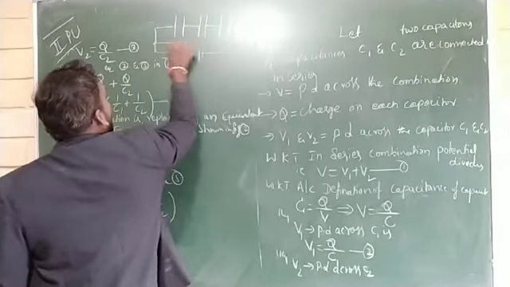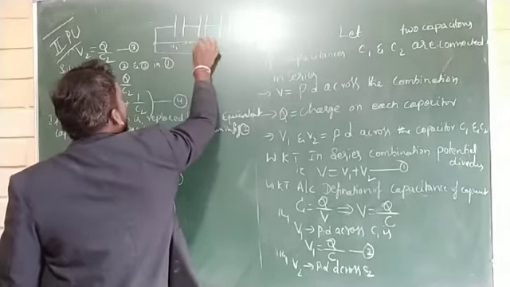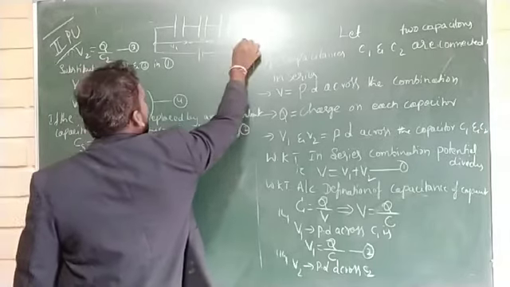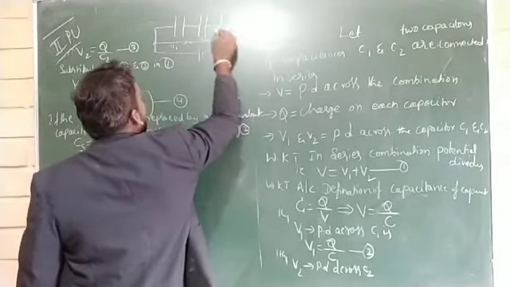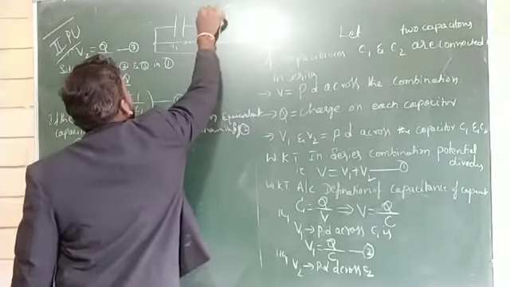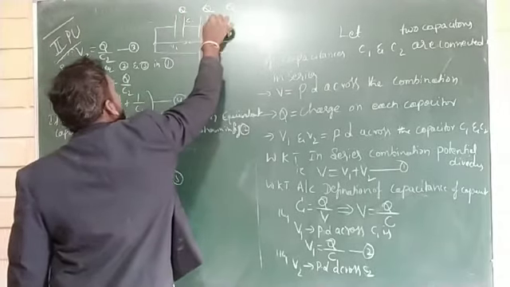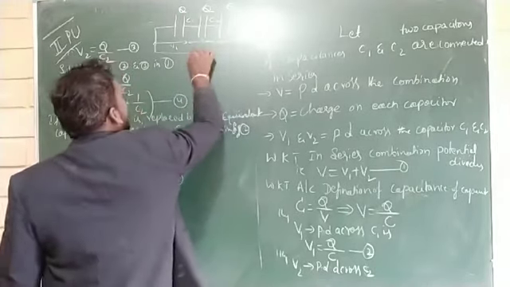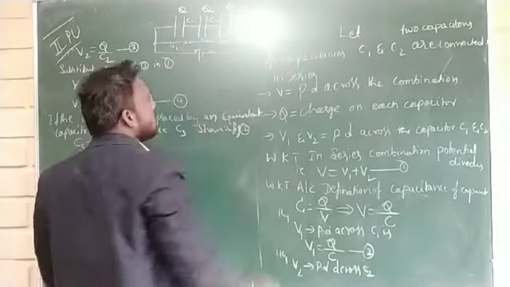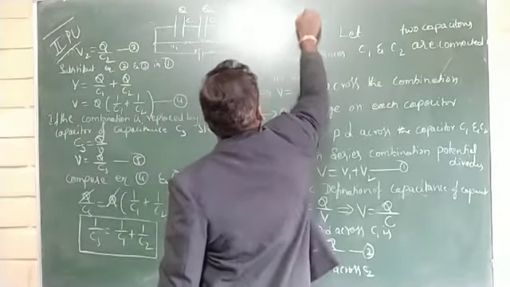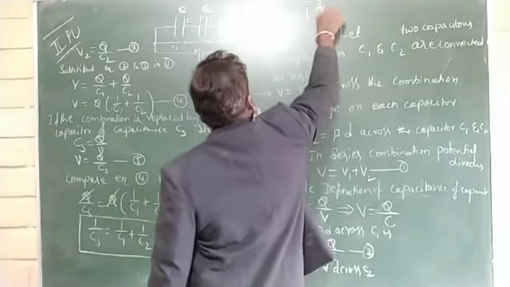V1, V2, V3, Q. C1, C2, C3. Plus minus, the potential difference is the equivalent capacitance CS, Q,